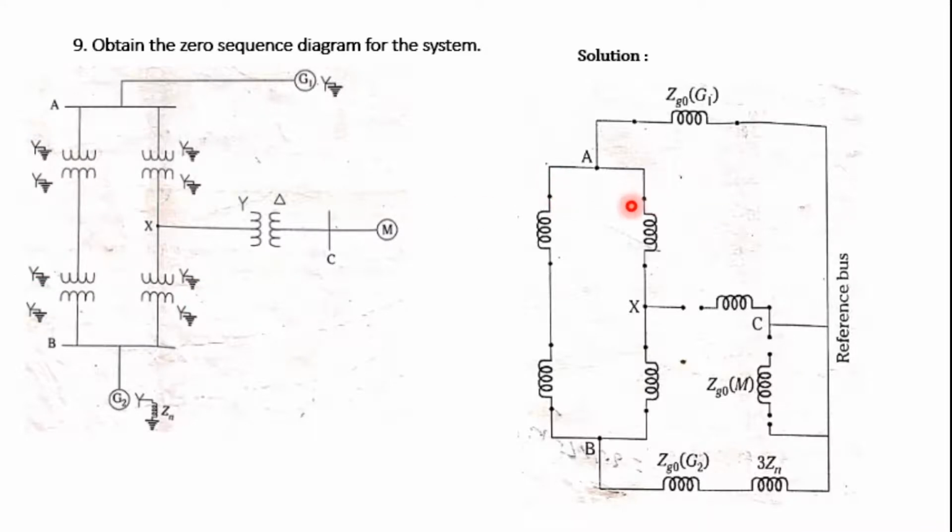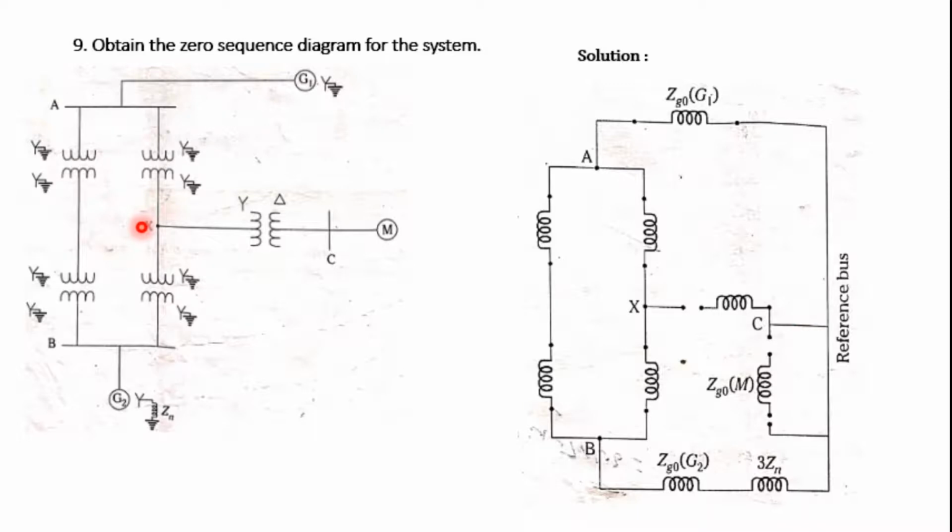This is series switch, this is again series switch, this is series switch, this is series switch, and this is series switch. Okay, so here no doubt in that. Then G3 is star grounded through a neutral reactance. So here ZG0 for the generator G2, and we have to consider it as 3 times Zn. Okay, so we need to close the switch here. This is a series switch, that's why the current is flowing into the reference line.